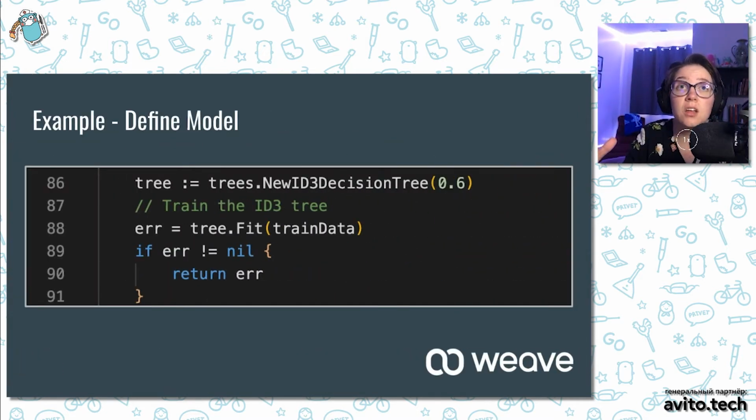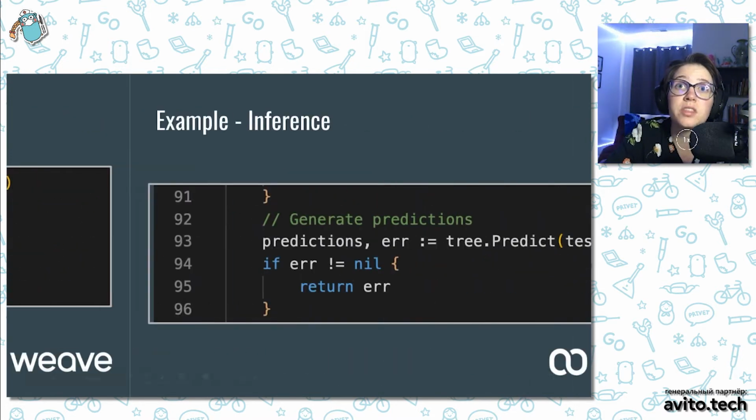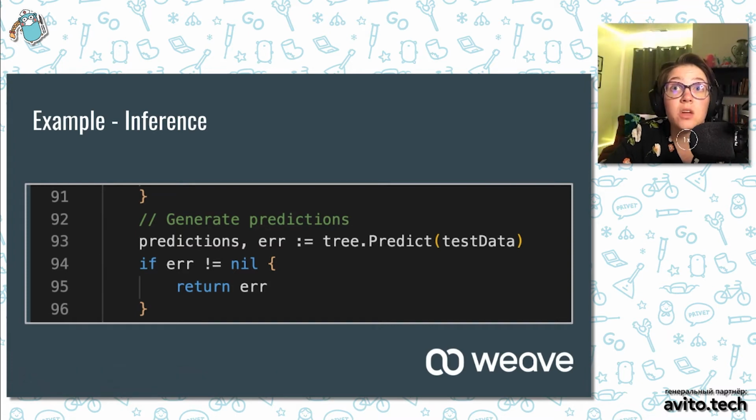So to define the decision tree in Golearn, I just picked this one. It's a new ID3 decision tree, and this is just a random seed. So I'm doing a 0.6 as my randomization seed. It's basically any float can be used as that. I just went with the default from their example and did 0.6. And I go ahead and I fit it with the train data. And then we can run predictions on it against the test data. So we're going to define our model with the trained data, and then we can validate it or determine how accurate it is with our labeled test data.